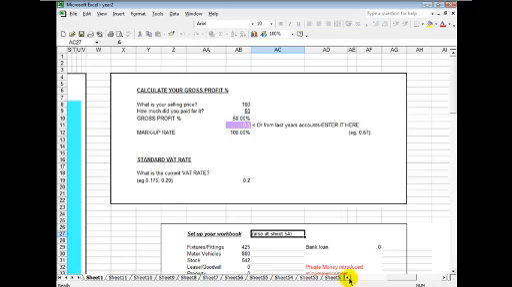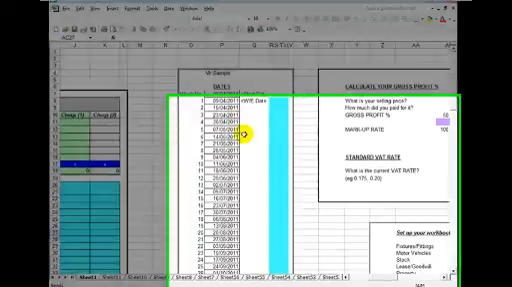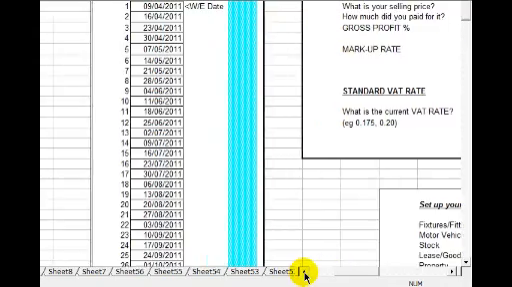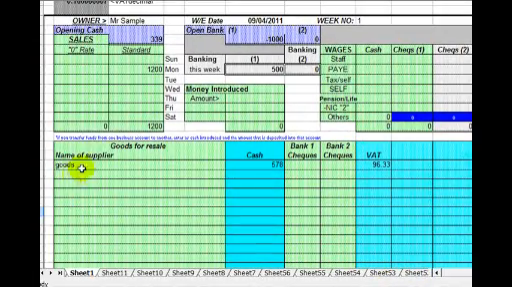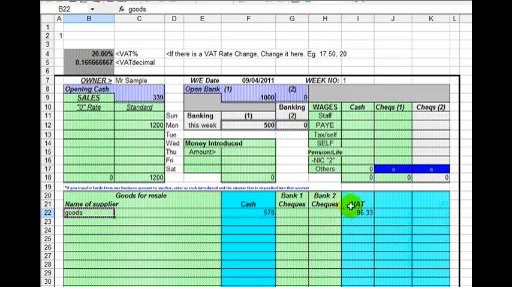Let me go back to here. Obviously, don't forget to set the dates for the new book, and I've already done some figures here of sales and of goods and services that we're going to deal with. And in week 1 we've incurred an input tax of £96 that we can claim back against the VAT